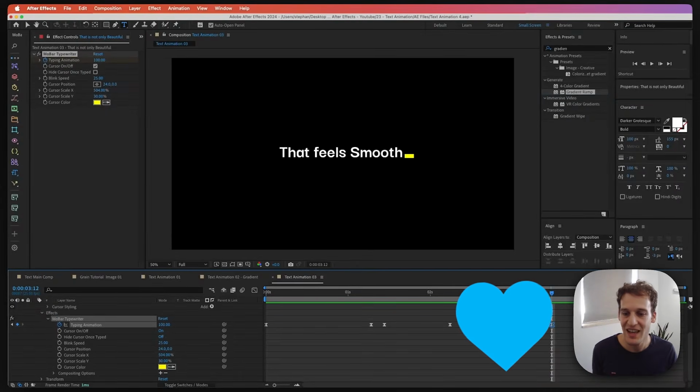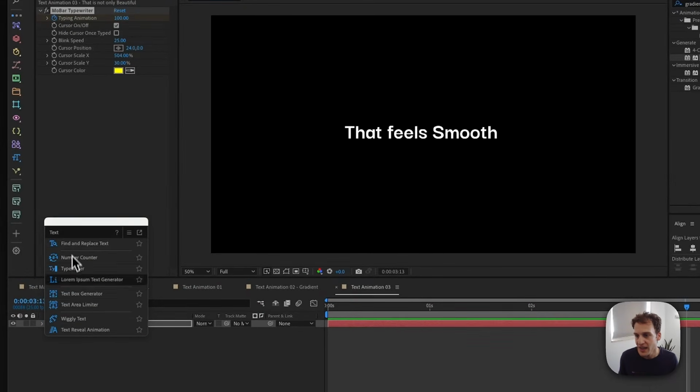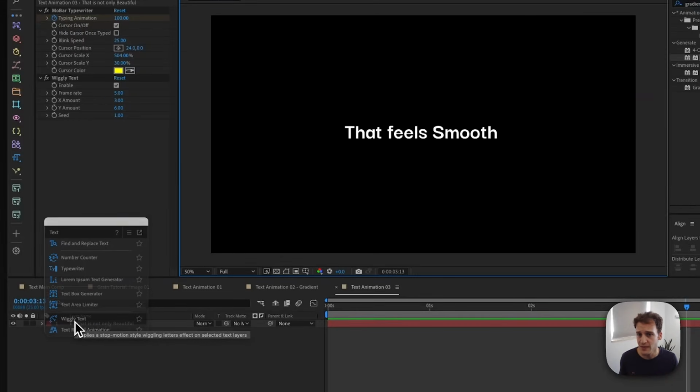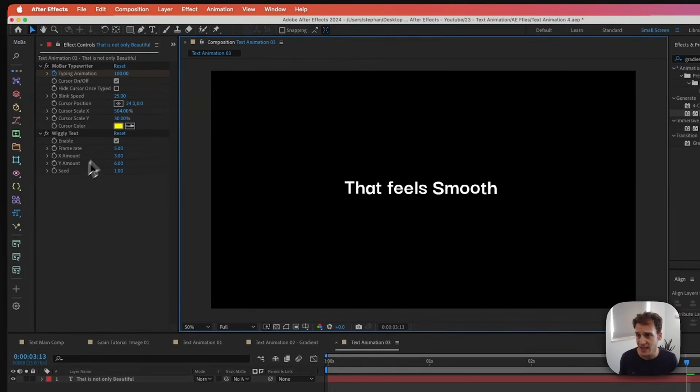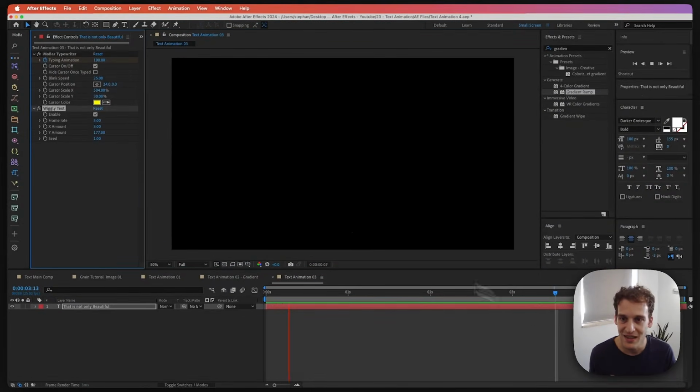Now, another great effect that we can do is actually to create like a stop motion effect on the text. To do this, it is super simple. Once again, we can go to the text tool while the text is selected, and then the toolbar has this little option named Wiggly Text. So if we click on that, it will create this effect for us. In this case, it is using a Y amount of 6. If we increase that, we can see how that is like wiggling a lot. So if we make that smaller, somewhere around 20, we can give it this nice subtle movement in here,